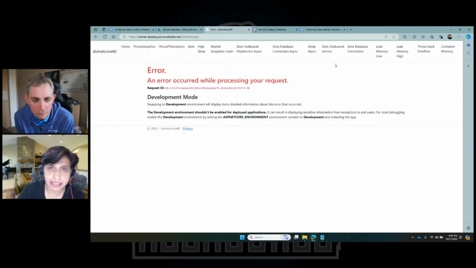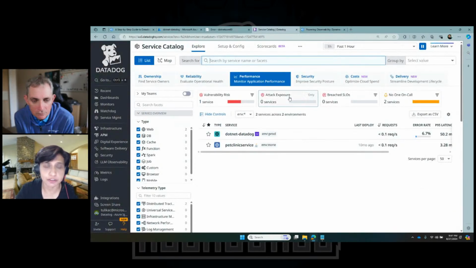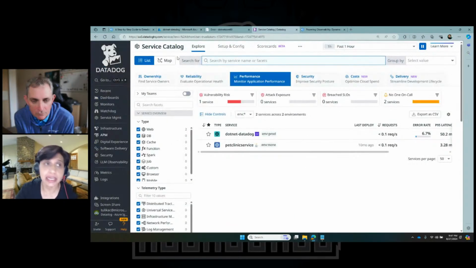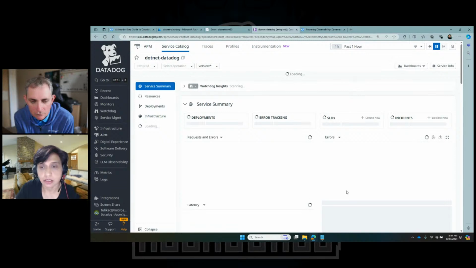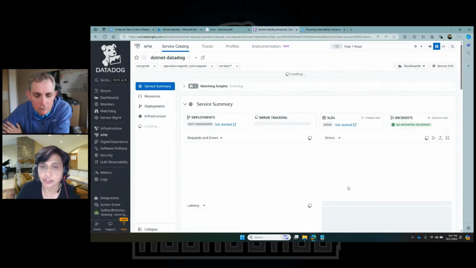And now let's go ahead. I already have a Datadog subscription, and I can go to Datadog. The first thing you will realize is that because I have added Datadog as a sidecar and set up the API keys, in the service catalog of Datadog, you can see that it has recognized my app. .NET Datadog is my app, so it has recognized the app. And I can go ahead and click on the service page over here. And you can see things like what are the requests flowing, and hopefully that should come up soon.